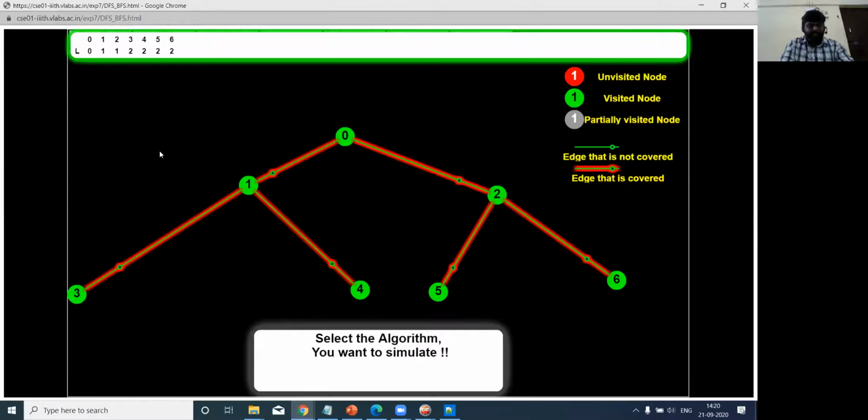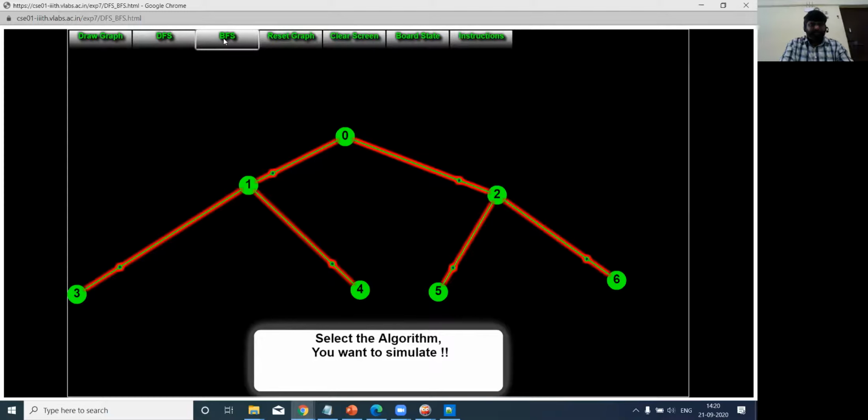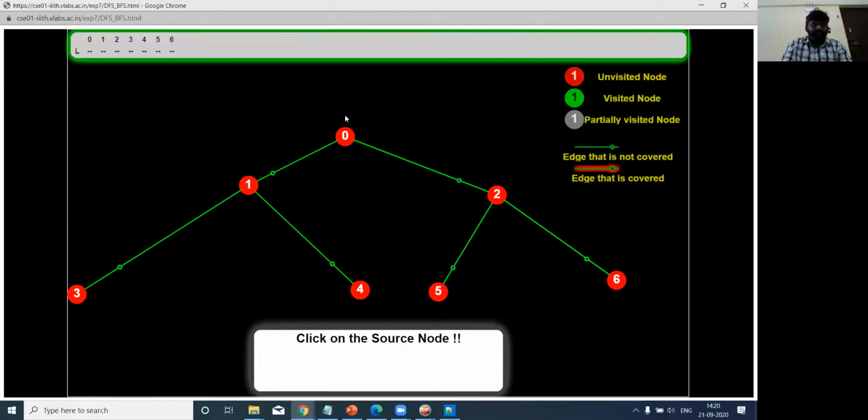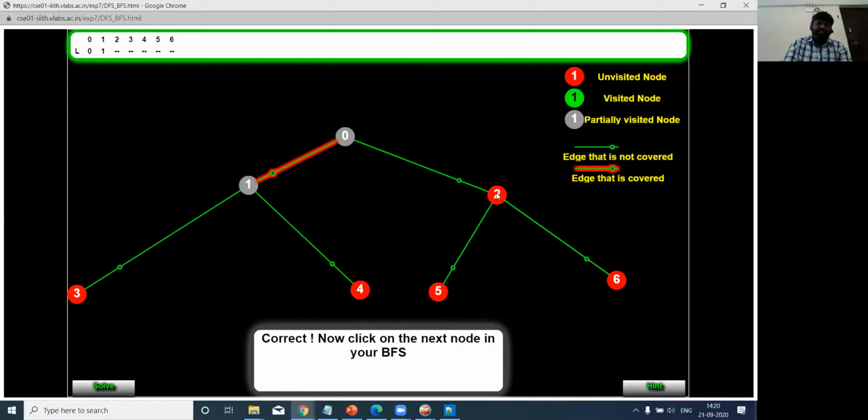I'll explain quickly again. So I'll consider this 0 is my root node. First I'll visit here, and then I'll go to the first child node, which is 1, and then I'll backtrack to 0, and then I'll go to the second child, which is in the first level. So this is the first level. 1 and 2 lie in the first level or first depth, right? Until I complete visiting these first level nodes, I'll not be able to move to the next level. So once I complete the first level, then I'll go to that.